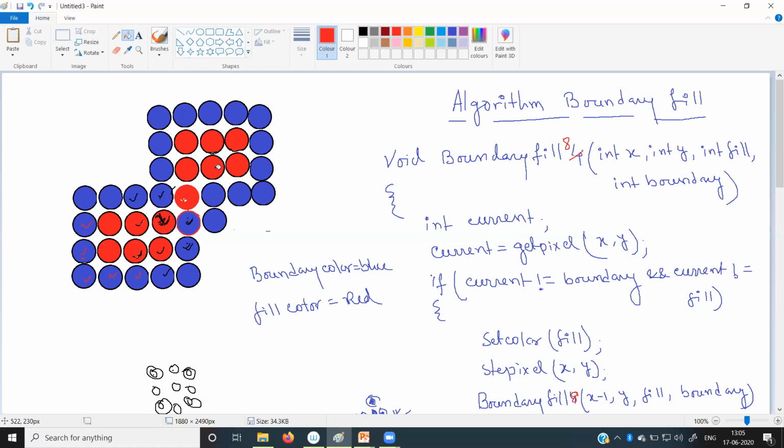So you can see that the boundary fill algorithm for four-way connected is not able to fill up the polygon for some specific cases, but when we write down the algorithm for 8-way connected, it can fill up all the pixels. That means the entire polygon will be filled up by the color. So clear? So this is all about the boundary fill algorithm. Now next we will discuss another filling algorithm, which is called the flood fill algorithm.